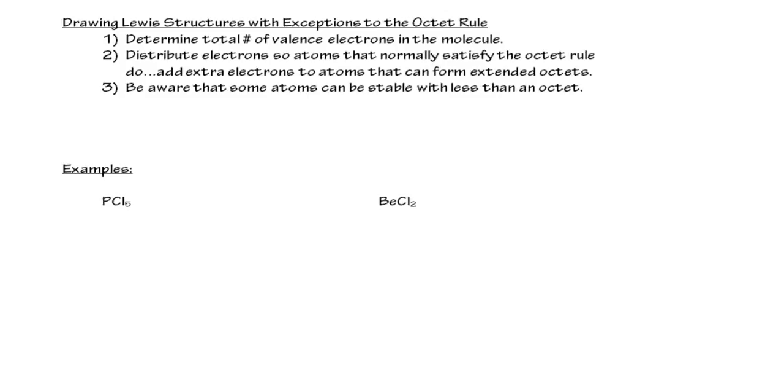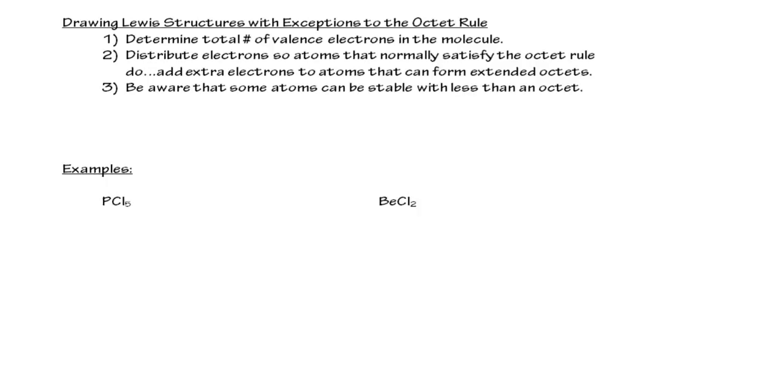All right, let's draw some examples of molecules that don't follow the octet rule. It gives us a couple things to think about here, like determining the number of valence electrons available in the molecule. That's always something you can do if you're ever in doubt, kind of like that carbon monoxide example, where you think you're drawing the dots and it just doesn't seem to work out right. Try that. Add up the total amount of valence electrons available and distribute them so that everybody that wants an octet gets an octet, knowing that there are some cases where we can have more or less,